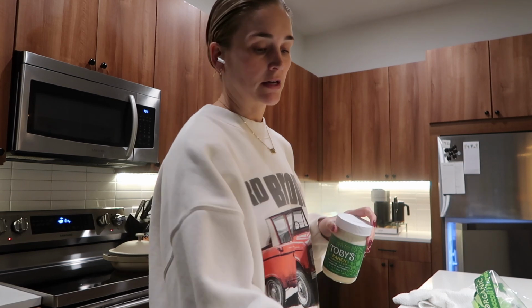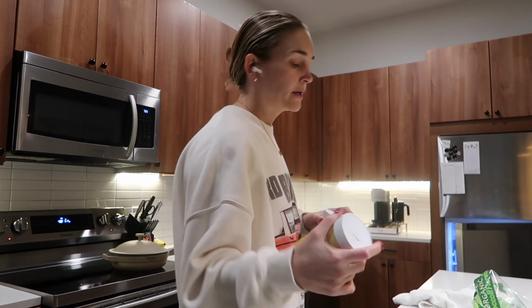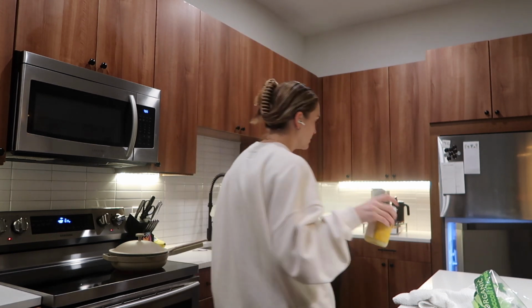Ranch with my cucumbers, and then like I said, I do this with my chicken, because sometimes boiled chicken, I just can't get through it. So for dipping,